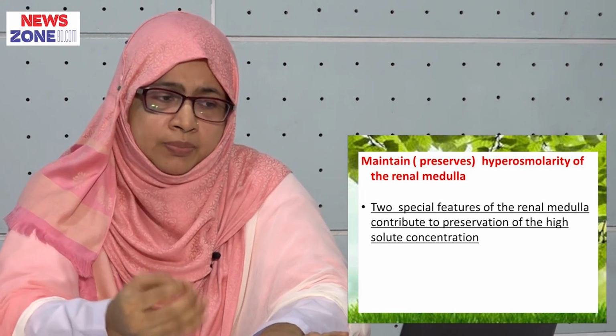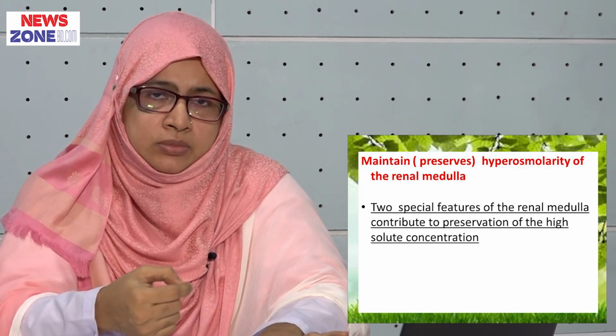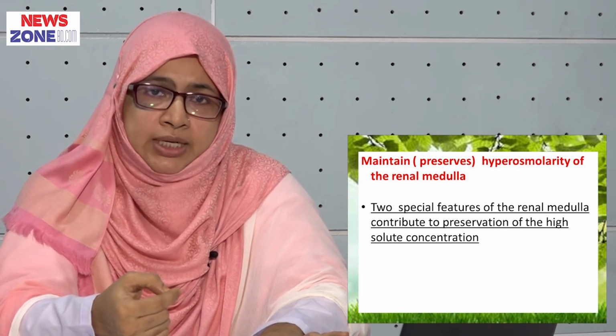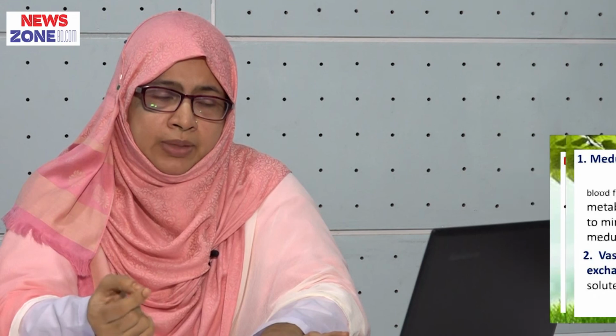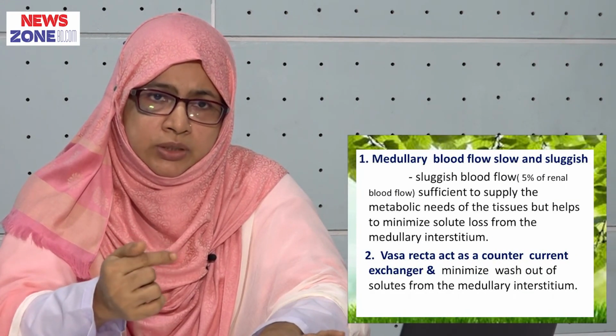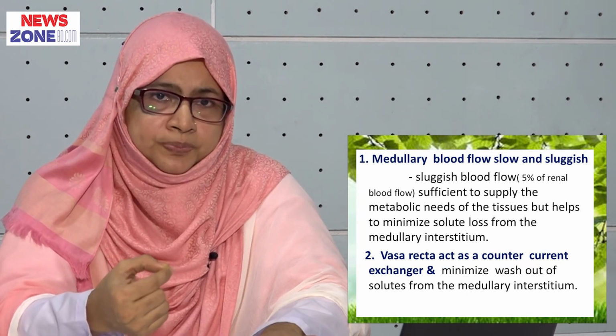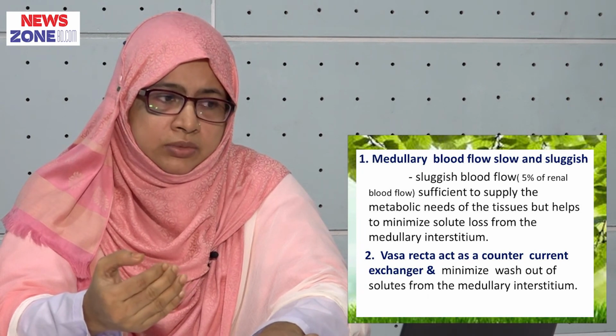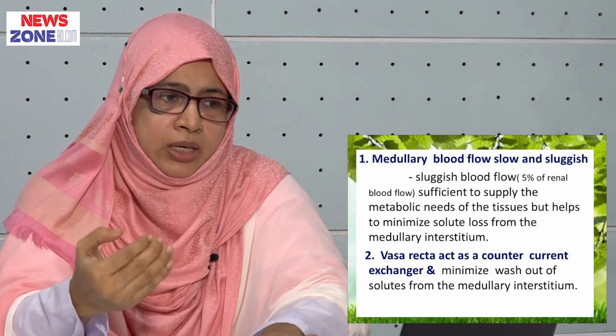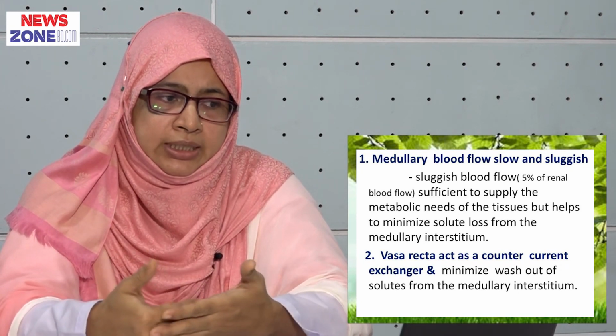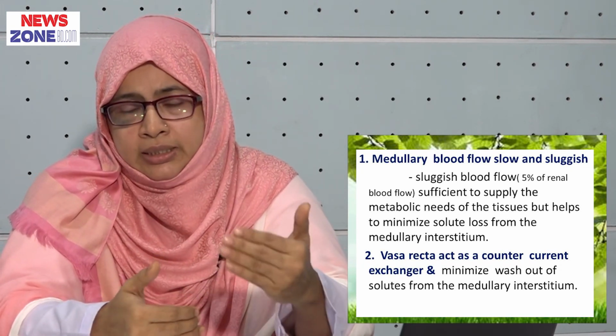So when blood comes to the descending limb, it is 300, we know the blood osmolarity is 300 milliosmolar, but when it descends through the renal medullary interstitium, we know the osmolarity is already generated by the renal tubule. There is an osmotic gradient produced from upwards to downwards, that is 300, 600, 800, 1000 and 1200. These are the gradually increasing hyperosmolarity of the renal medulla. It should be maintained. When the blood is coming through the descending limb of the vasa recta, the osmolarity gradually increases from upwards to downwards.